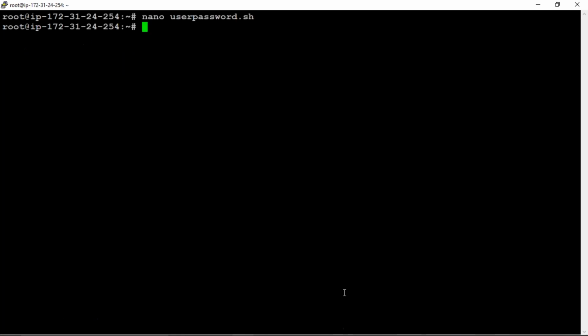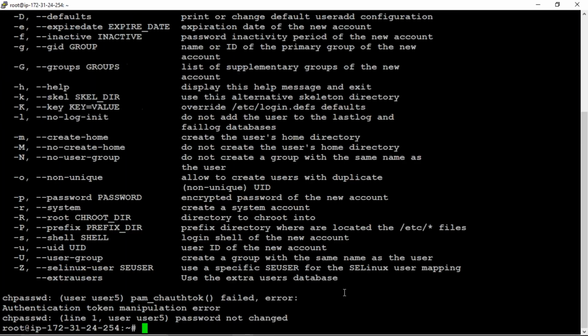So let's try again. Control X, execute the file. Username: this time I am giving another one, user5, and password, the same 1 2 3 4.